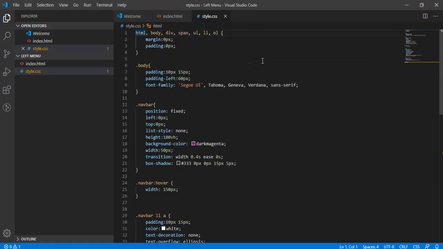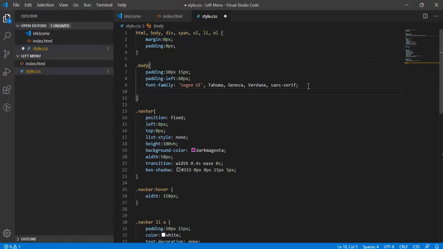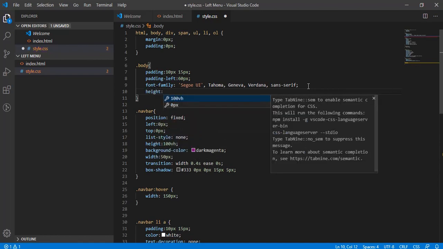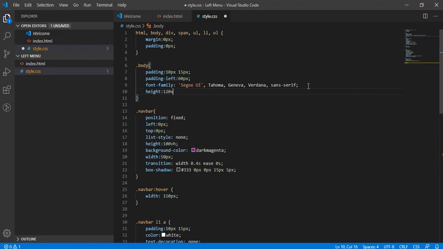So okay, getting some impact. You don't have a scroll bar, so let's assign some height explicitly to see this menu bar is fixed. So let's make it 120 of view height, right? So it's just fixed, and on hover it's